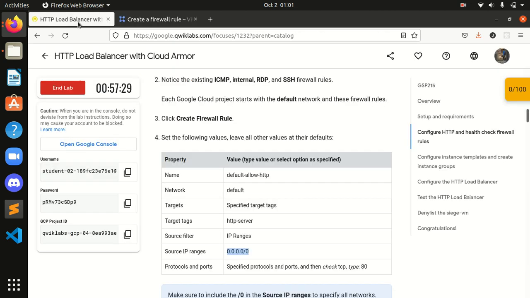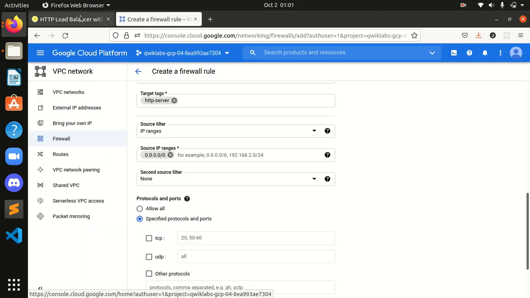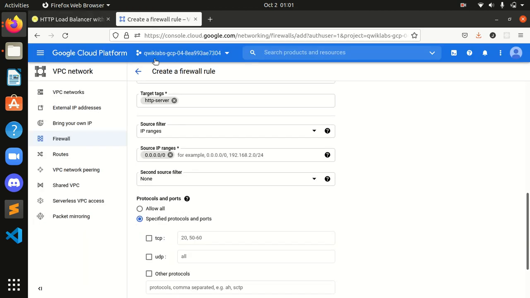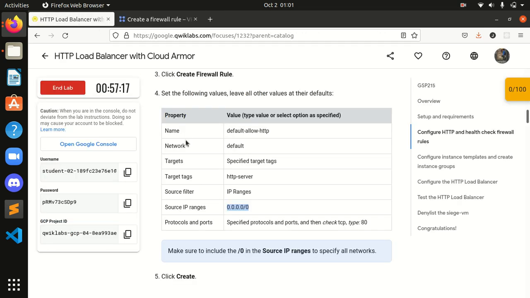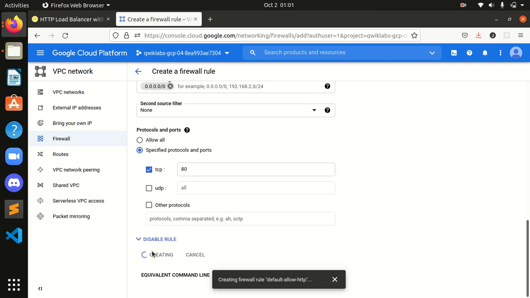Now over here, specified protocols and ports. Check TCP and type 80, make sure, and I will create this firewall rule.